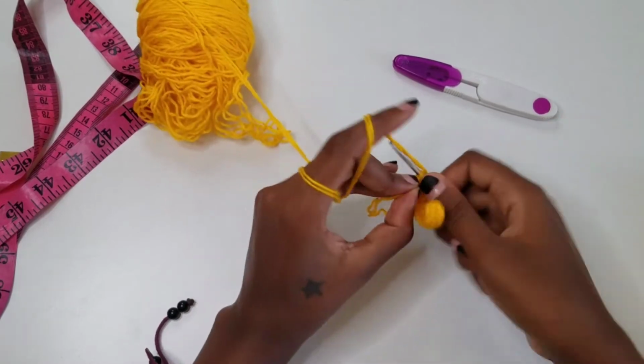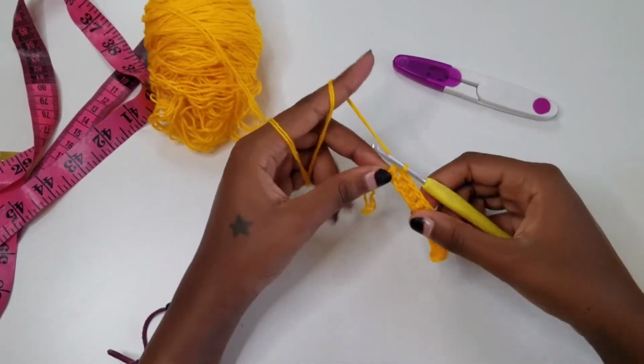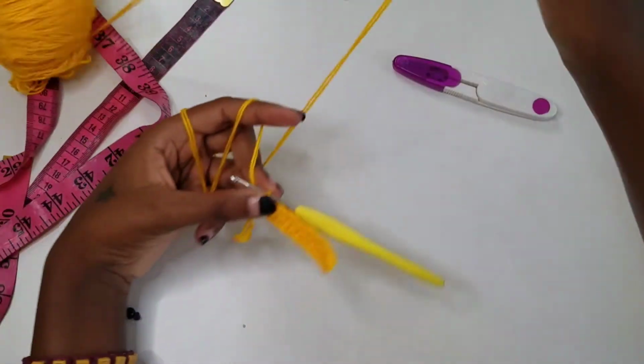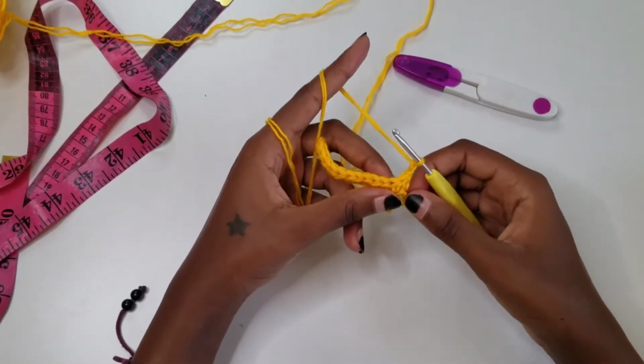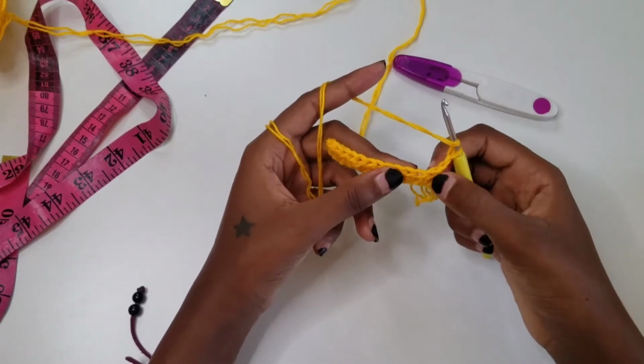Now you're on your last stitch, make a half double crochet, and that is how your row 1 is going to look like. So for row 2, we're just going to chain up 2 and then turn your work around, and then instead of going inside the normal two